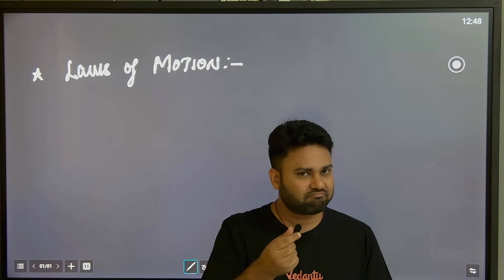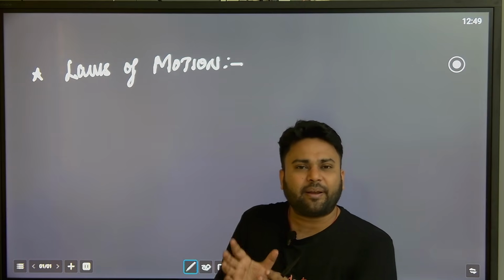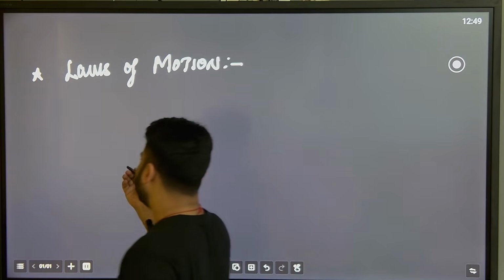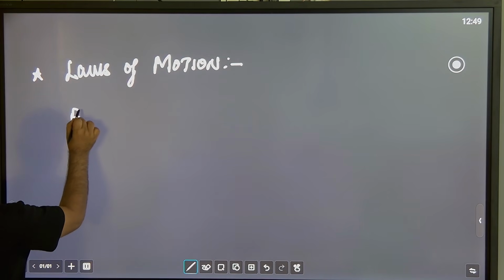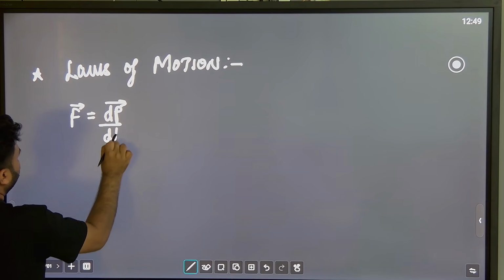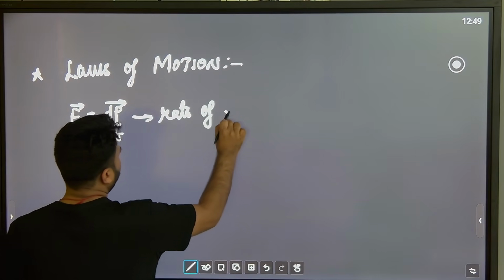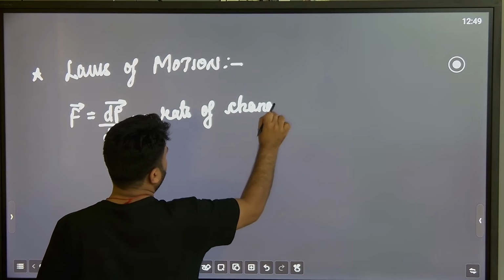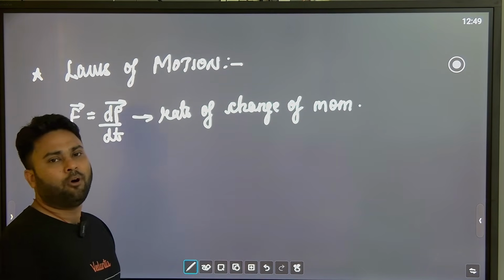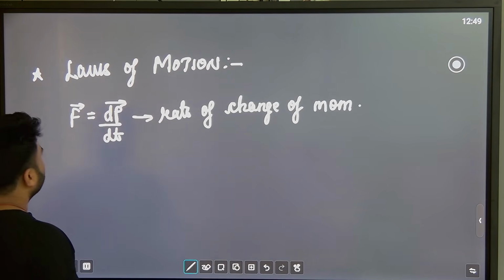Rate means what? Not that rate. Rate means how much momentum is changing divided by time. When you divide something by time, it is rate of change of momentum. Momentum means not mom, dad, but momentum, that mom. Okay, so see,